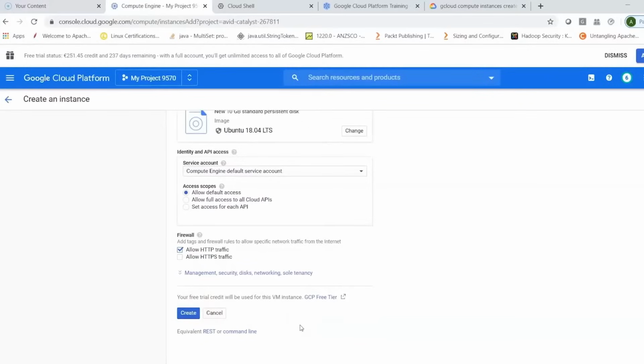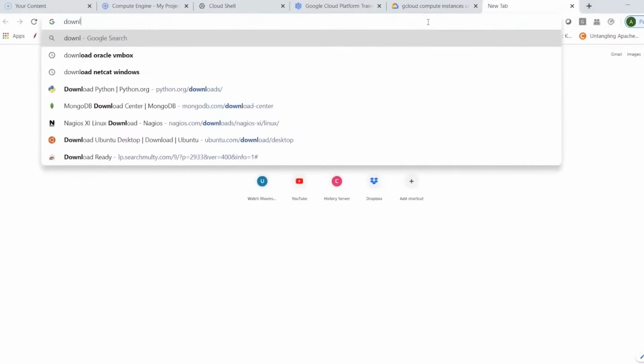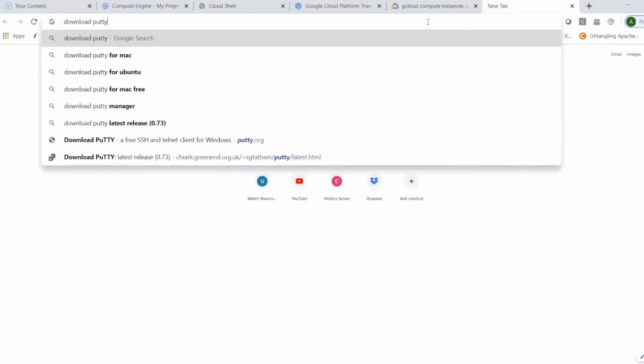However, it would be good to basically enable connectivity to this machine. Now we can do that in different ways. One is when you bring up your machine, it will have an SSH access which you can log in from the cloud platform here itself. Or what you can do is you can create a private and a public key using some software like Putty or PuttyGen. So for example, if you do not have that on your machine, you can just type in download